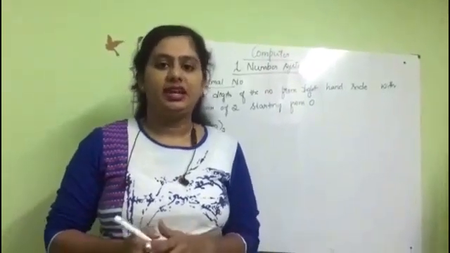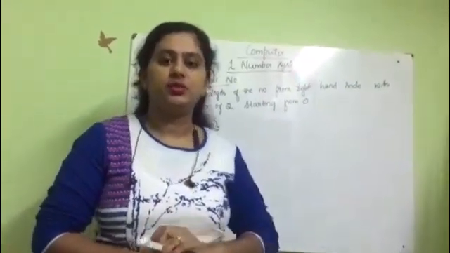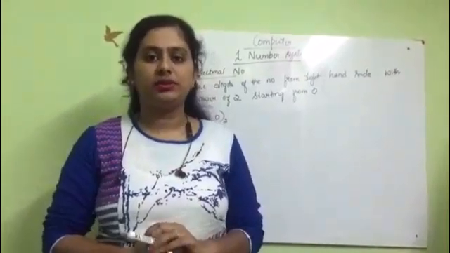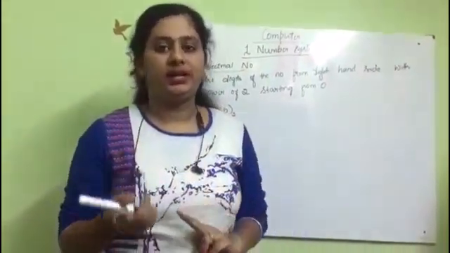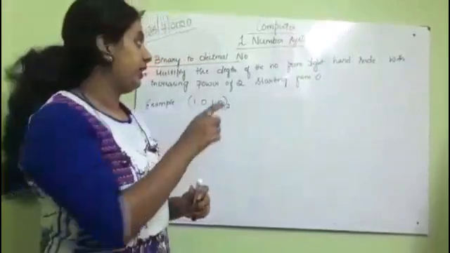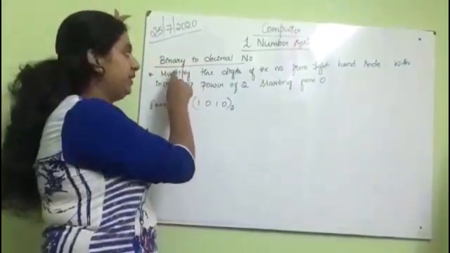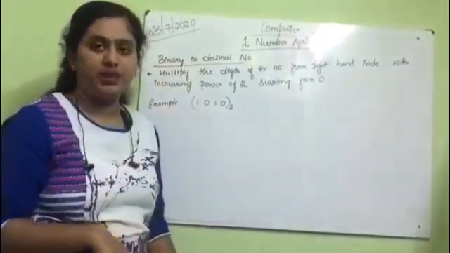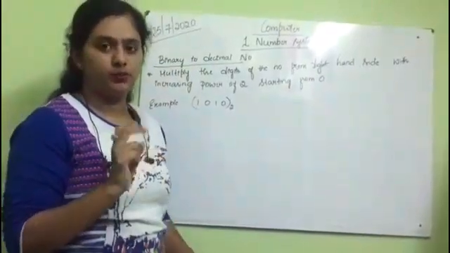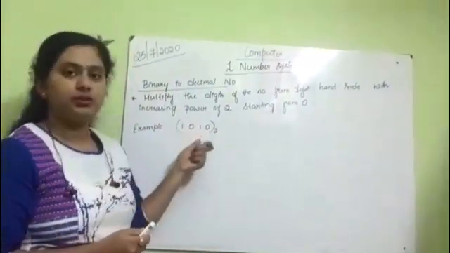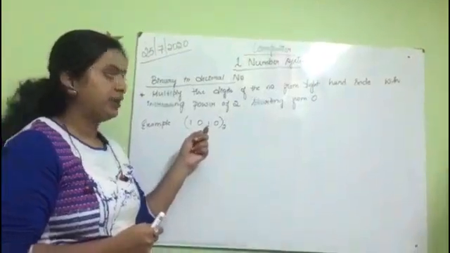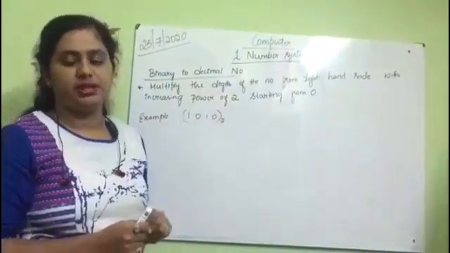Hello everyone. Last class we discussed the decimal number system and how to convert the given decimal number into the binary system. In this class we'll study how to convert the binary number to the decimal number. Binary means 2. Okay. Now they will be giving you the binary number and we have to convert this binary number to the decimal number.